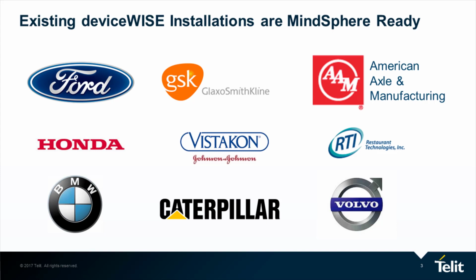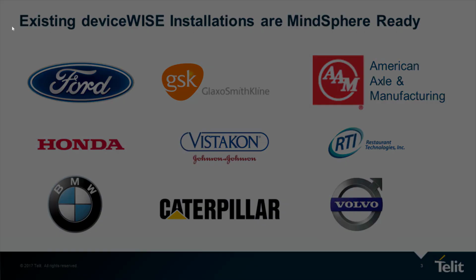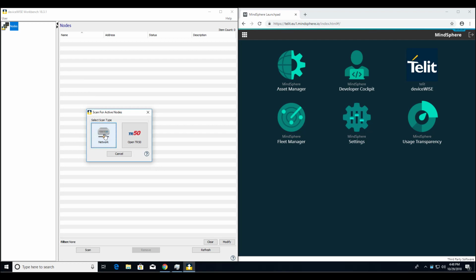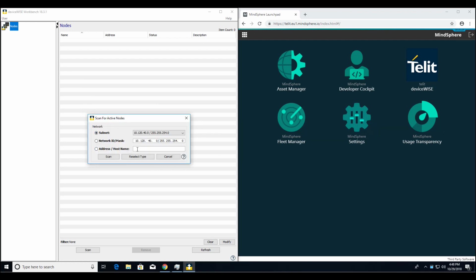We will now show you live how to onboard with a MindSphere asset and deliver data from a Rockwell PLC and a FANUC CNC in minutes. Right now, you are looking at the Workbench, which is a client connected to the deviceWISE service that is running in the background. Today, we're going to show you how easy it is to onboard and start sending data to